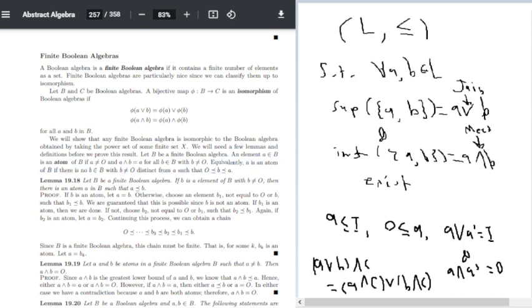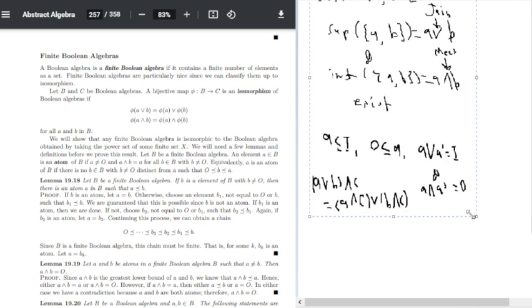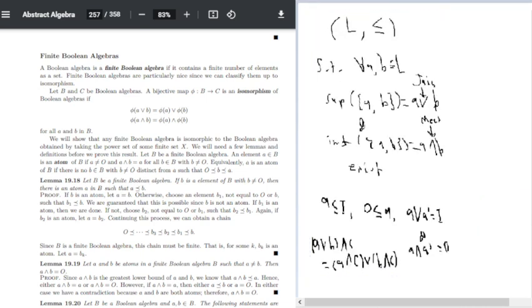So I'll quick put that, like shrink this whiteboard part of it, and then we have an atom being some A in L such that O is less than, or there's I can just put this implies B equals to A or B equals to